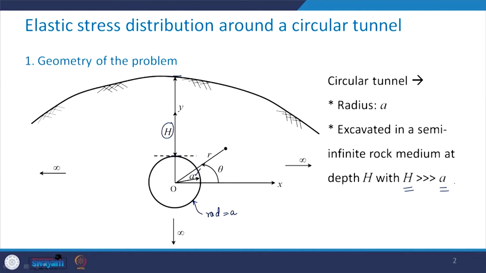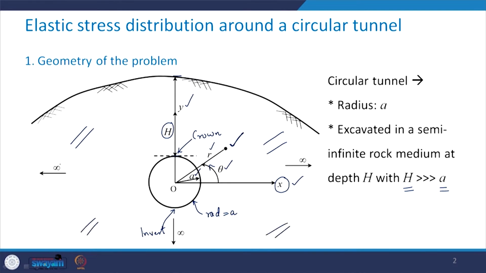tunnel. One more thing which we will be using quite often: the topmost point of the tunnel is called the crown and the bottommost point is called the invert of the tunnel. Here, any point in this semi-infinite space is defined by the polar coordinate system r, theta, where this theta has been taken in an anti-clockwise direction from this horizontal axis, which I am denoting as the x axis. The vertical axis is the y axis, and this rock